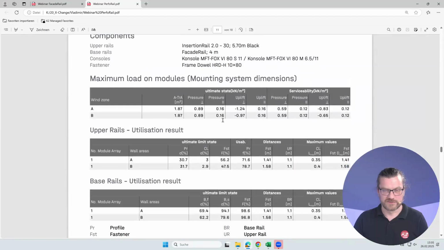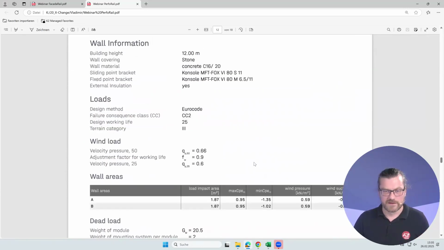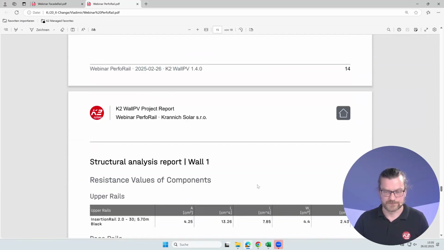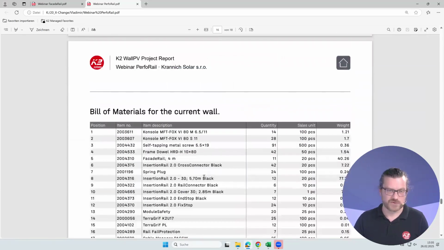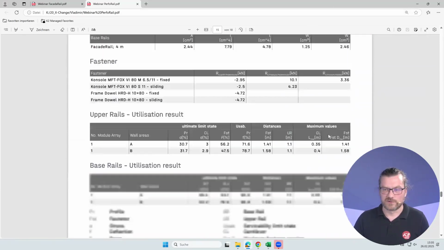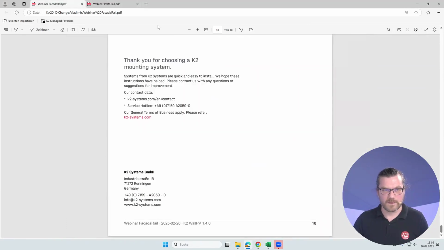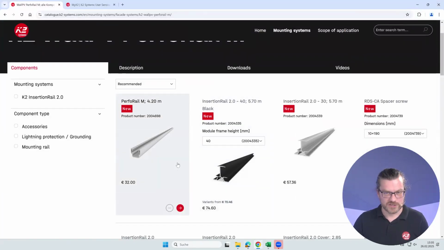And all remaining reports will be quite the same, with loads on basic rail, with loads on upper rail, with loads on the fastener and on the modules, and with a static calculation of the project. And at the end you will also get bill of material, this one. But only with PerfoRail and with these screws. So we still have a lot of time. We have no questions, so maybe let me